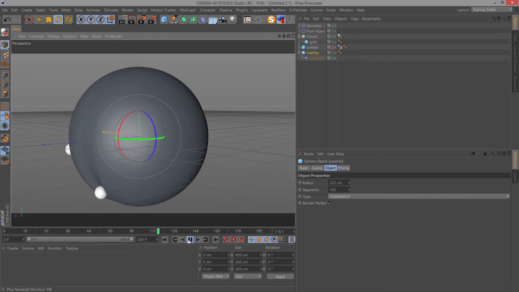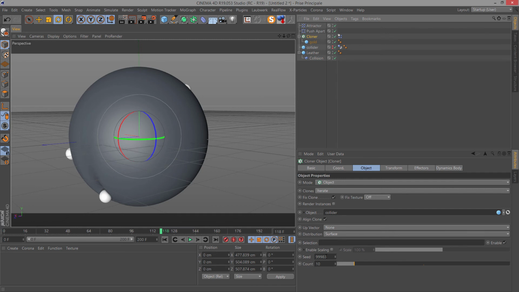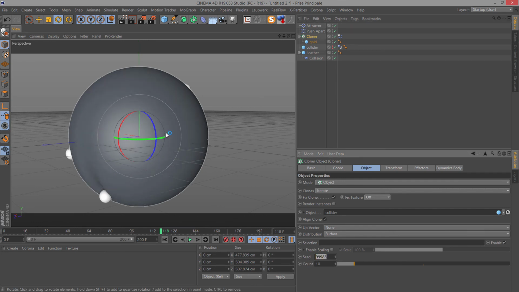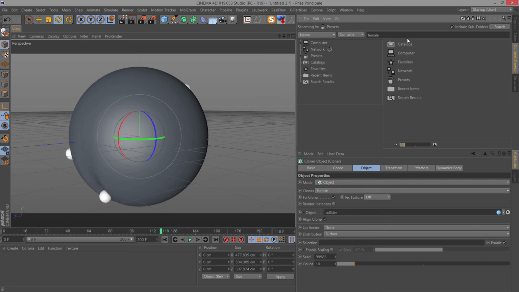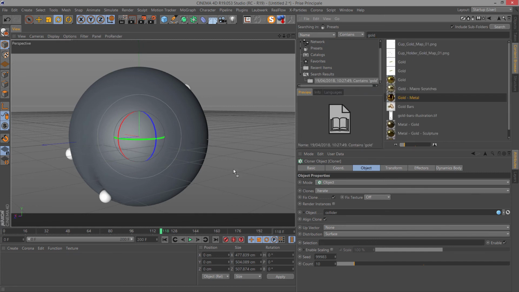Now I think it's okay, you get the point. But if you don't have collision, just go to cloner and change the seed. It will change the distribution of your starting sphere. So we can add some materials. Go to content browser, click here on the little search and type gold for gold material. I will take this one,